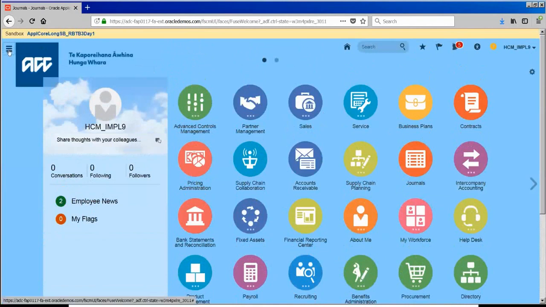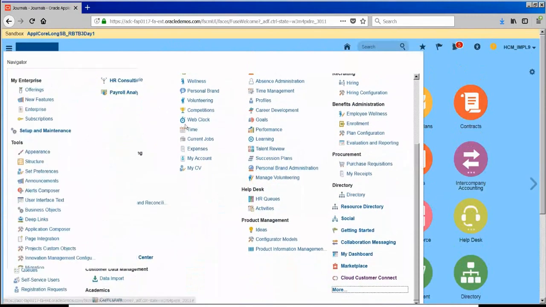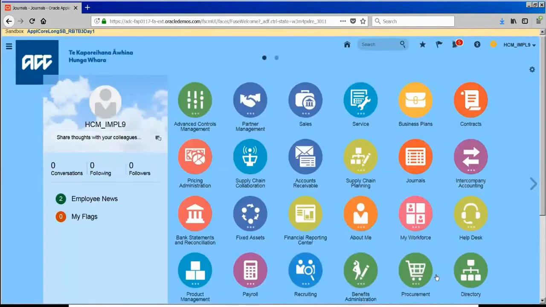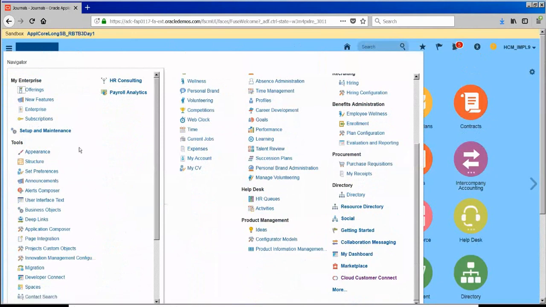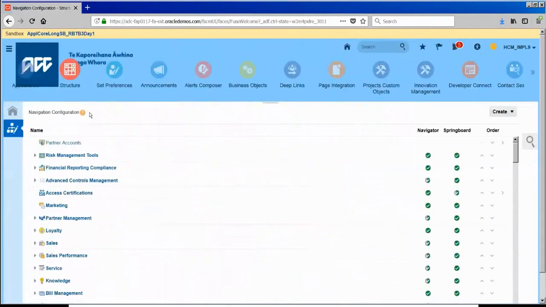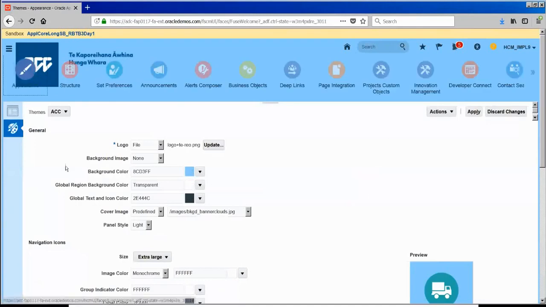For that, we have several tools which we can use. Every tool has its own features. So typically you have to go to more, and we have something called tools, where that tools has a set of tools, and everything has its own importance basically. Appearance, structure, everything has its own importance. Appearance talks about how your application should appear basically. For example, it is my logo, right? If I wanted to change my logo,